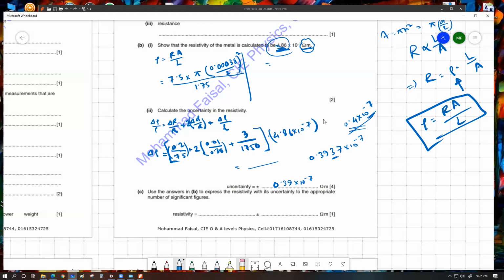স্যার, ফিরে দেখা যাক। সি নাম্বার জাস্ট তোমাকে পুরো ভ্যালুটা এক্সপ্রেস করতে বলছে। So use the uncertainty bit to express the sensitivity with this uncertainty with the appropriate number of significant figures. So এখানে তুমি লিখবে 4.86 plus or minus 0.39. You can give brackets over here into 10 to the power minus 7. আমি হলে এভাবে লিখতাম। বুঝছো? মানে 4.86 আর এটার সাথে ব্র্যাকেট দিতে হবে না দুটোর সাথে? হ্যাঁ, 10 to the power minus 7 টা দুজনের জন্য অ্যাপ্লিকেবল, এই জন্য ব্র্যাকেট দিচ্ছি। ও আচ্ছা স্যার, বুঝতে পারছি। বিউটিফুল।